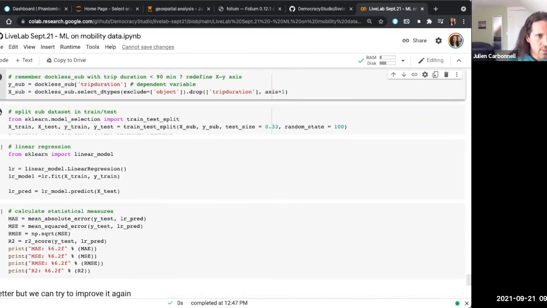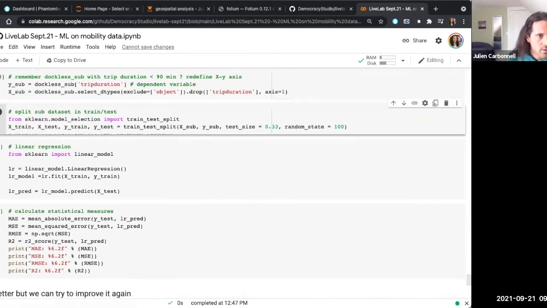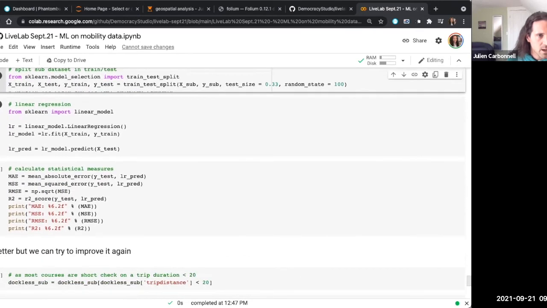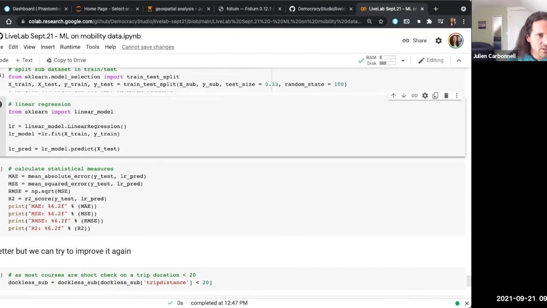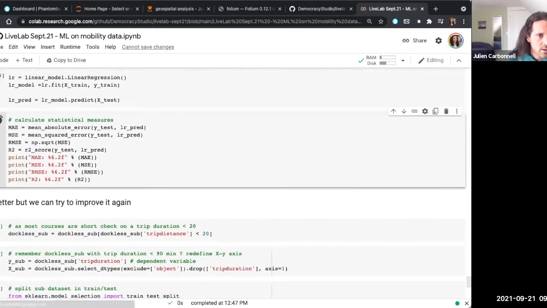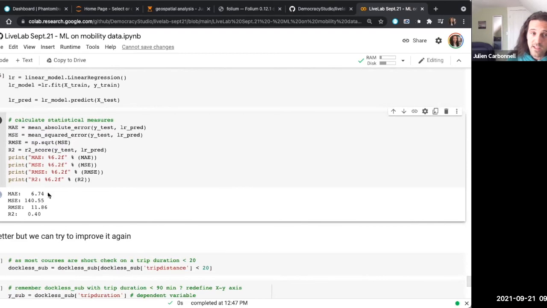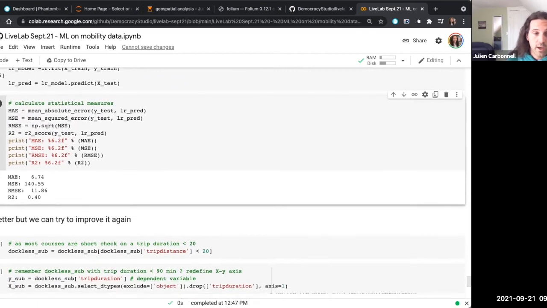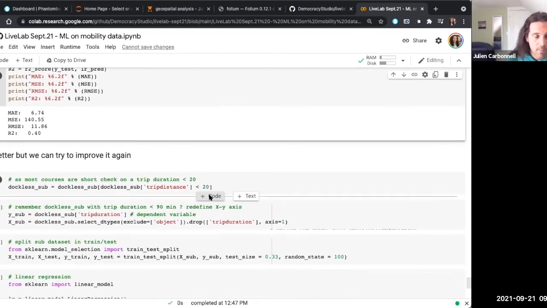Okay, I'm doing my train test split again. I'm doing some more predictions here. And this time the performance is better. We are at 674. The last try, I want to improve it again by selecting only the trip distances that are under 20